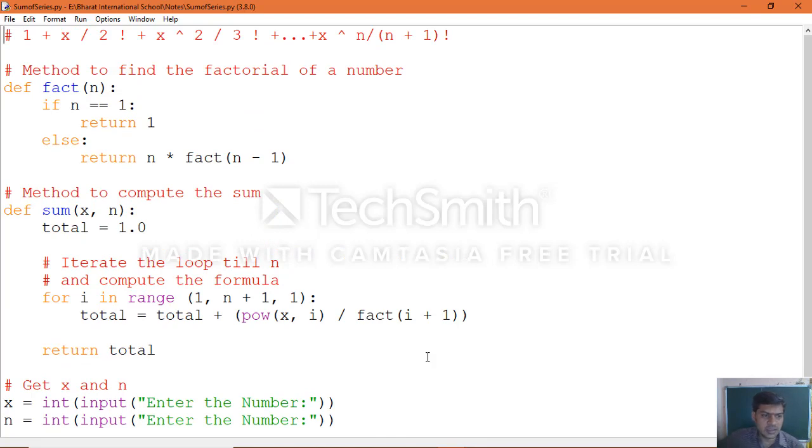Let's see, we started with the creation of factorial number and sum, which you can see clearly, and we are reading two input values.